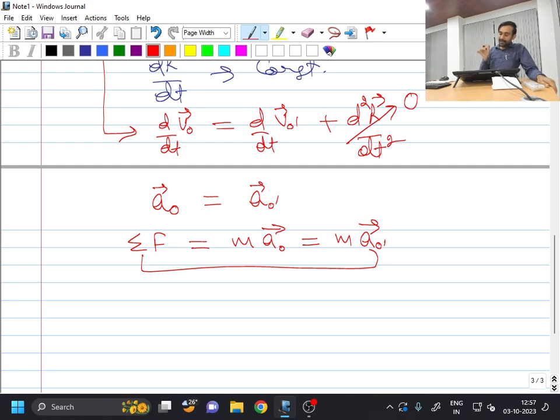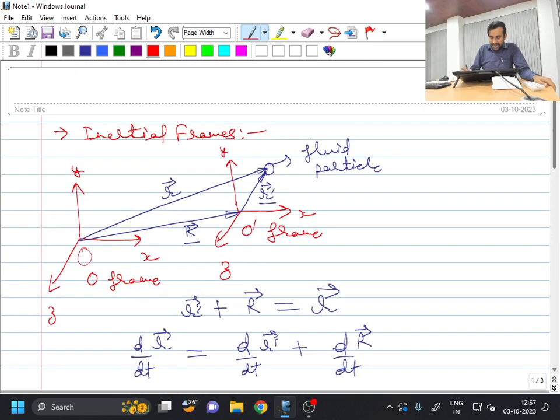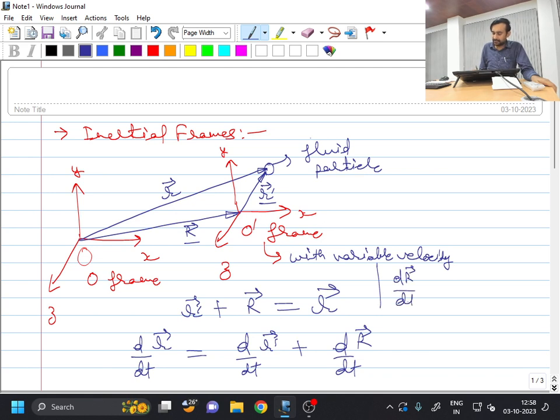Okay, now if I introduce a slight complexity over here, and if I say that this particular frame O dash is not moving at constant velocity, but say it is moving with variable velocity. So if it is moving with variable velocity, in that case I cannot say that dr vector by dt is equal to constant. So this statement is actually not true. So dr vector by dt is not equal to constant if this particular frame is actually moving at some